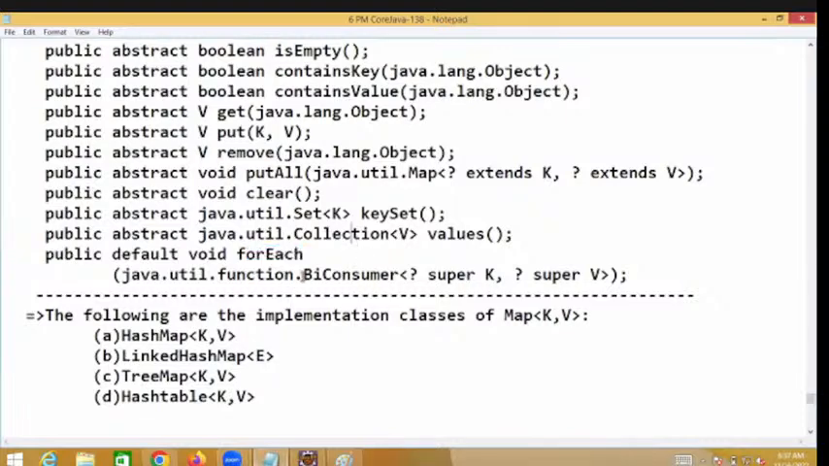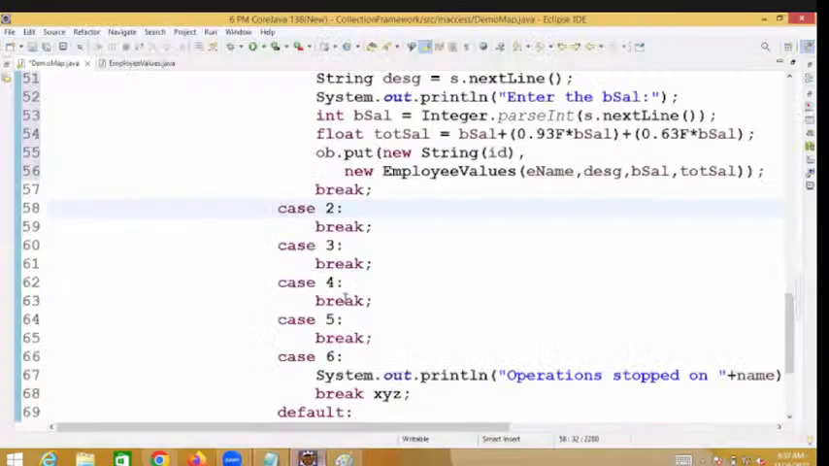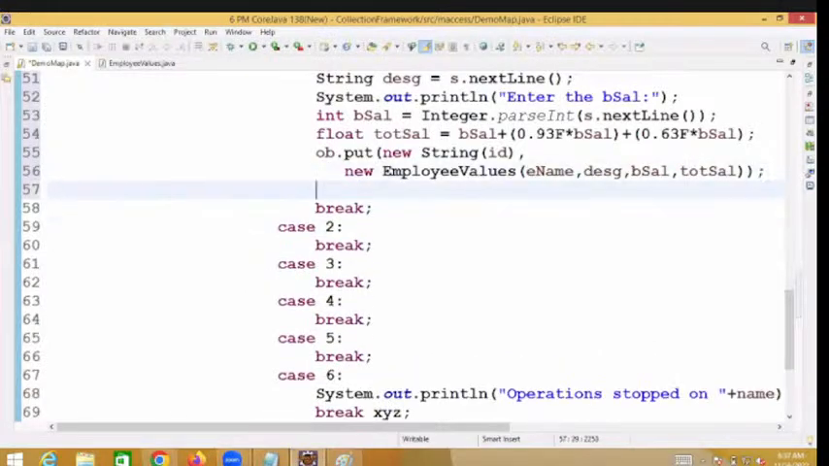In the forEach method on map, what is this one now? BiConsumer. Consumer means single. BiConsumer, Bi means two. It will accept key and value. It's called BiConsumer. I'll give you the notes on BiConsumer. Now I am running it. Display the data. After data is added, directly you can say